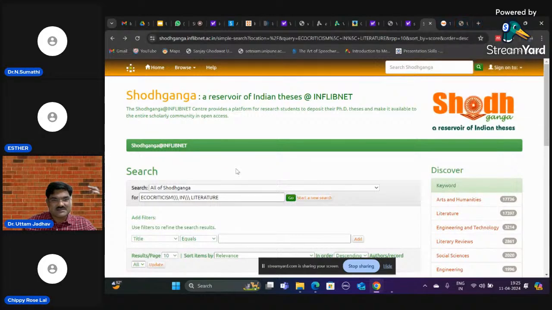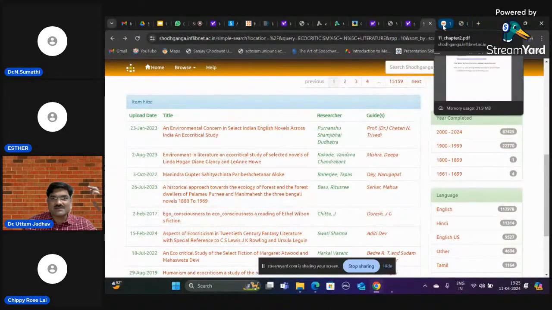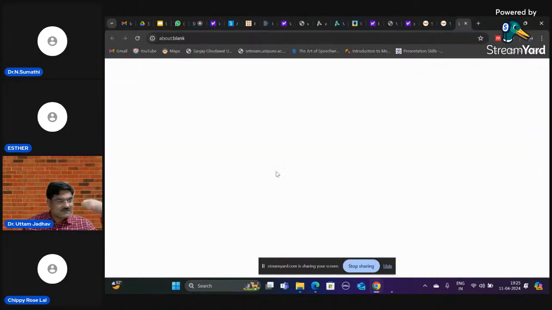Now, in some cases, if you are doing research in a regional language, or if your topic is, for example, a combination of regional and national language, you may want to access some books which are written in regional languages. Now, this is a very tiresome task for a researcher, to translate all these pages of books or PDF files. Now, ICT or an online tool comes to your help,